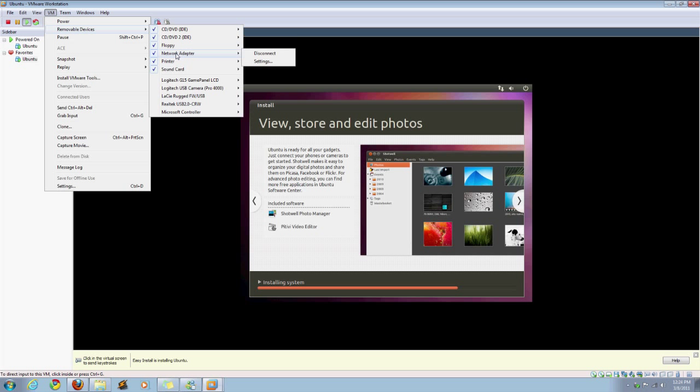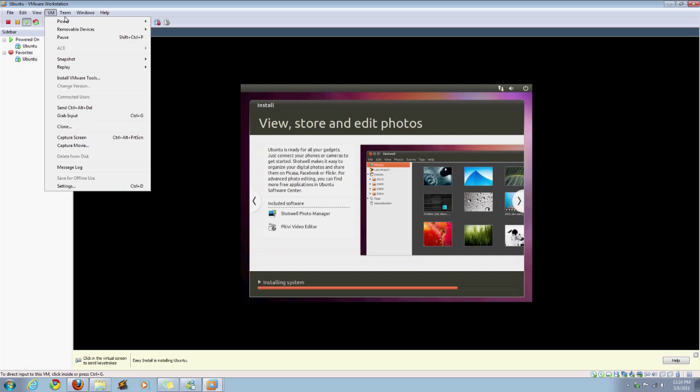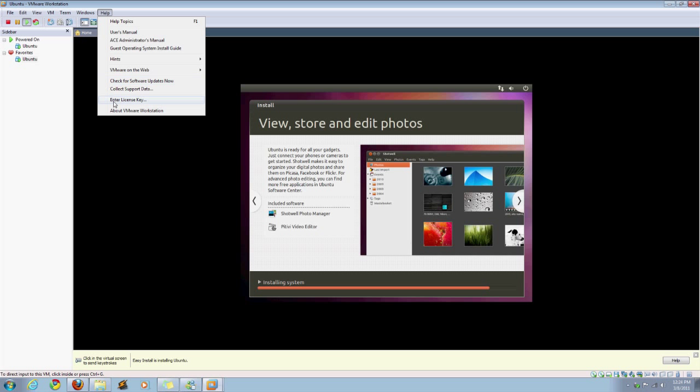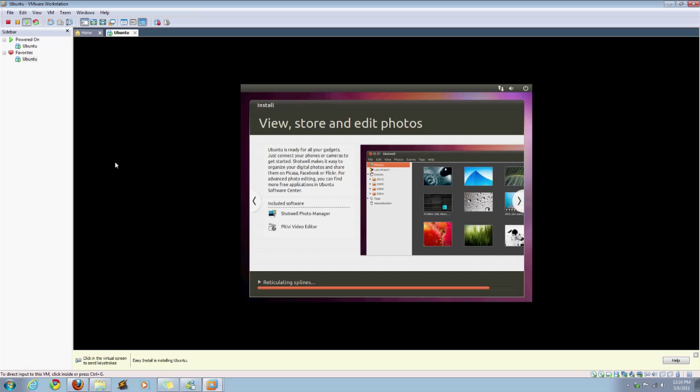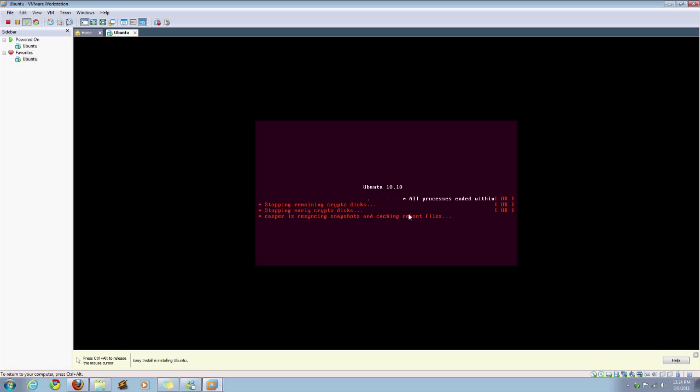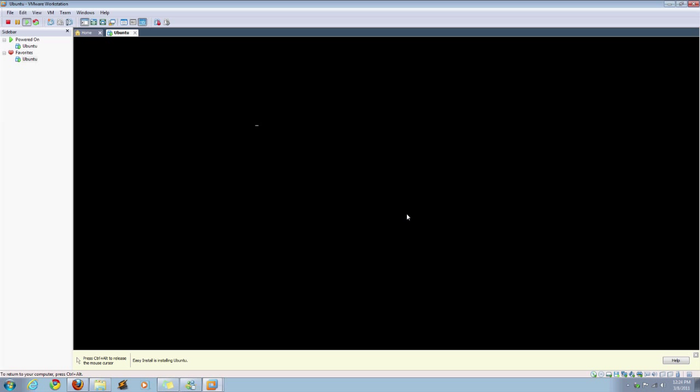So everything here. I actually don't have a floppy drive. That must be virtual. And nothing much in there. And our help. So almost done here. Oh, looks like we're nearing the end. And it looks to be rebooting. So all in all, really this only took about 10 minutes, which is super fast for an operating system. I'm not too sure how fast the Mac OS is in installing, but